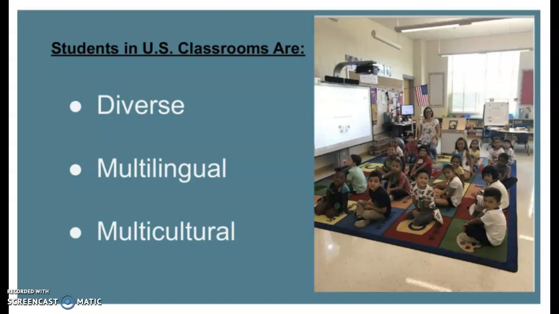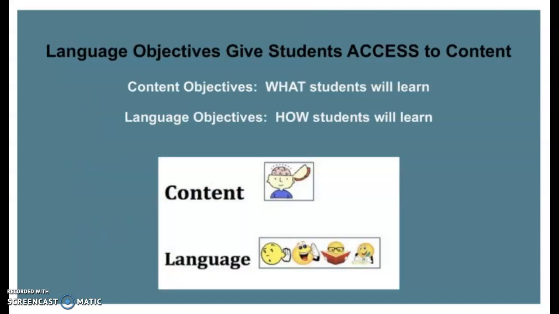And the system that we work within, the U.S. public school system, is designed through an English-dominant lens, but students in U.S. classrooms are diverse, multilingual, and multicultural. Having a language objective encourages students to understand that there is a language expectation, and there are different ways to express themselves through the domains. So content objectives explain what the students will learn, and language objectives will explain how students learn through listening, speaking,